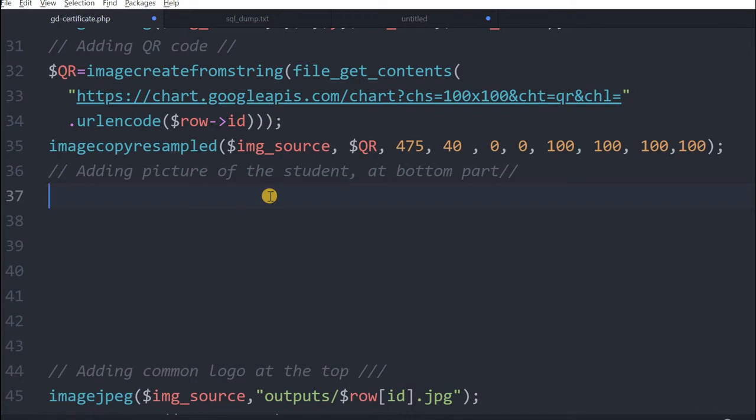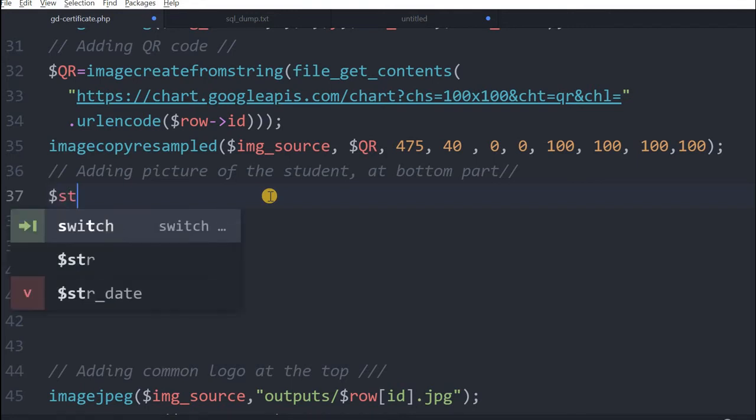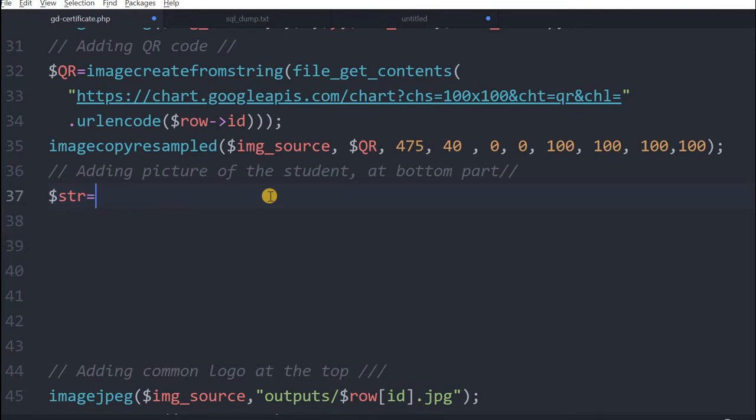Now because 4 samples are there, we put a limit of 4, because the loop will execute 4 times, and it will create certificates for the 4 students. Now let's start by reading the JPG picture of the student first, because in the first loop it will be 1, then 2, 3, 4, like that, 4 times only we are preparing.